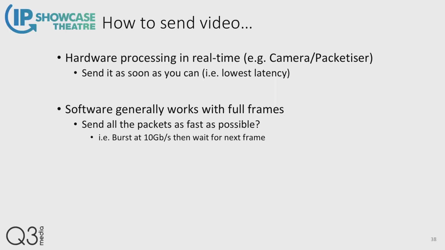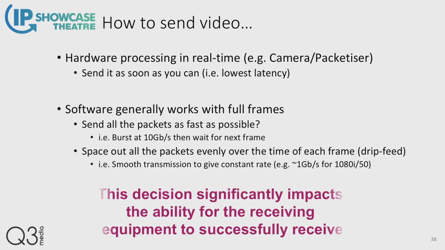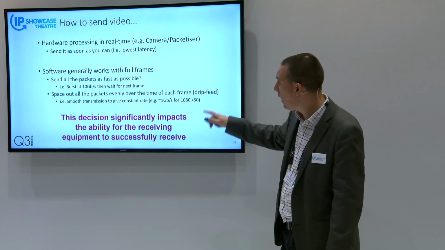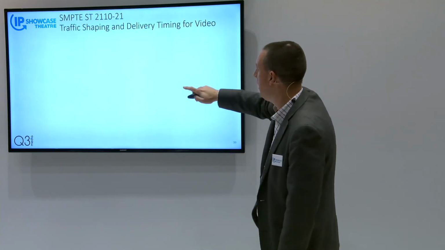Could it send it at 10 gigabits per second? That would be really, really bad. Better to space it out and smooth it over the period of 40 milliseconds, so that you make a nice smooth 1 gigabit a second rather than bursty traffic. It all really impacts the decision of both the receiving equipment and the network architecture to get that right. So to help with that, the 2110 standard has a subset called 21,